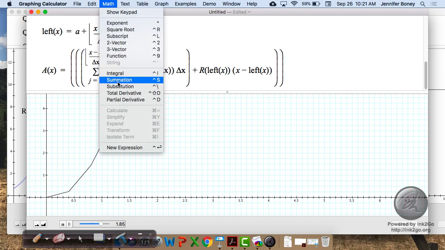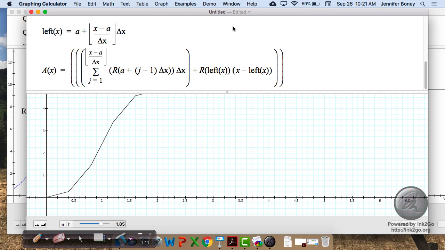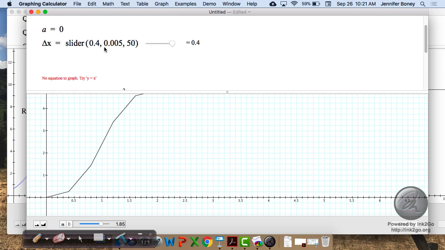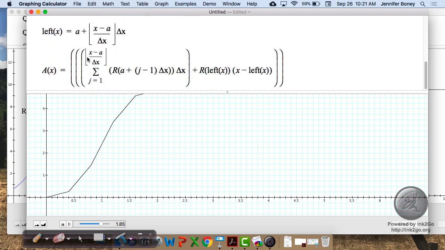And there's places to write the index, the index starting down below and the ending up above. And you can write in all the different pieces. But you can see this is just, I used capital R for the rate function because I didn't want to deal with R sub W just for prettiness sake. But just capital R for my rate function that I defined earlier. So here's our rate evaluated at A plus J minus 1 delta x times delta x, exactly like we talked about. And then here's the current term, R of left of x times x minus left of x,